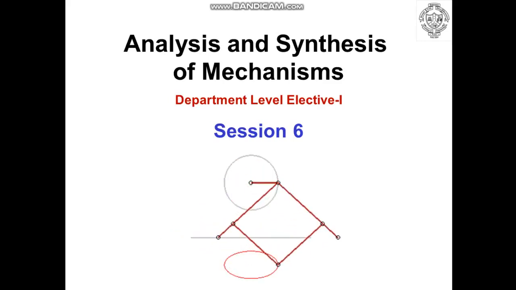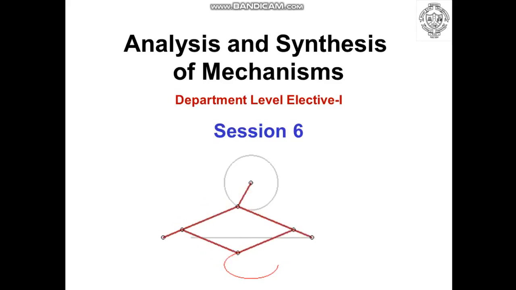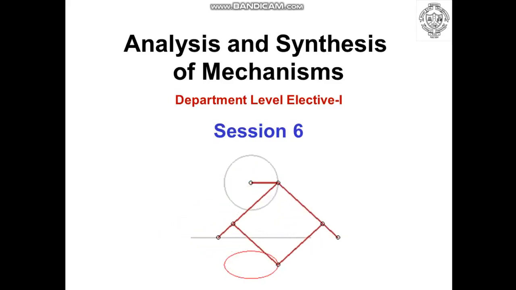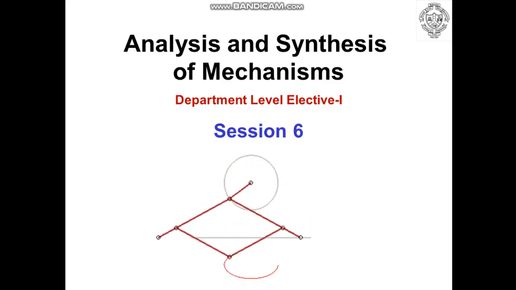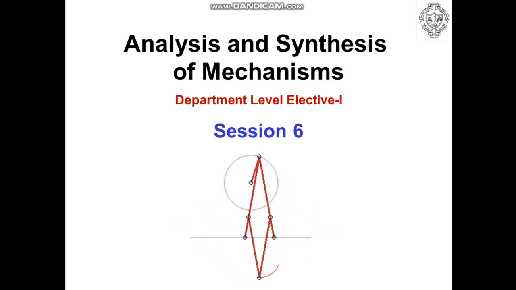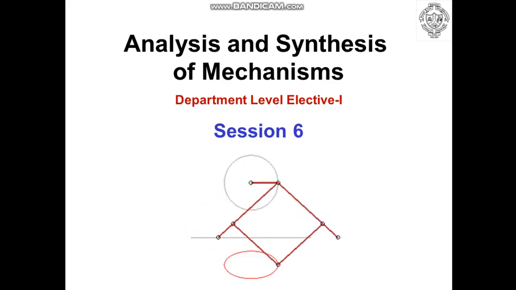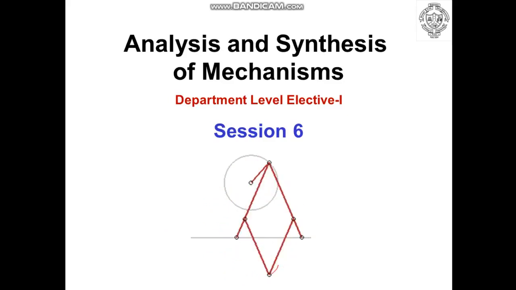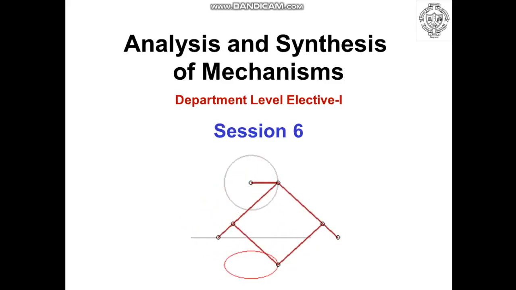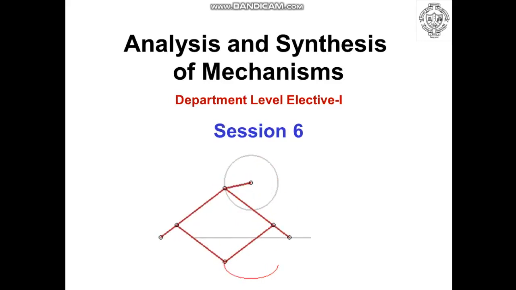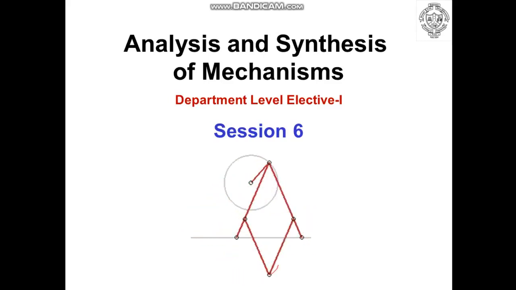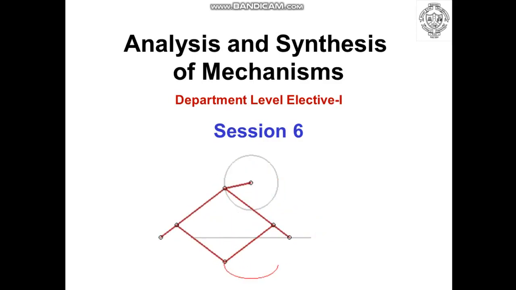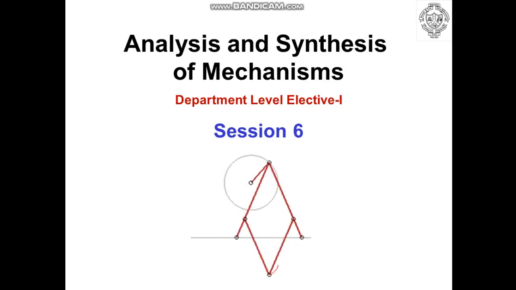The second step is number synthesis, which refers to determination of the number of links and the respective joints needed to produce the required motion. It also includes calculating the degrees of freedom for a particular motion. So we can employ Grubler's formula or Kutzbach criteria to find out the degrees of freedom, where degrees of freedom is restricted to 1 degree for planar mechanisms.